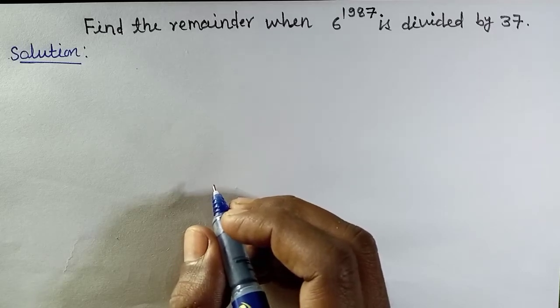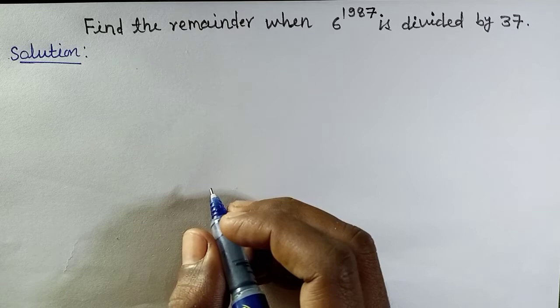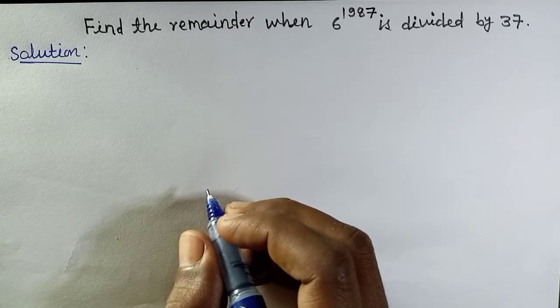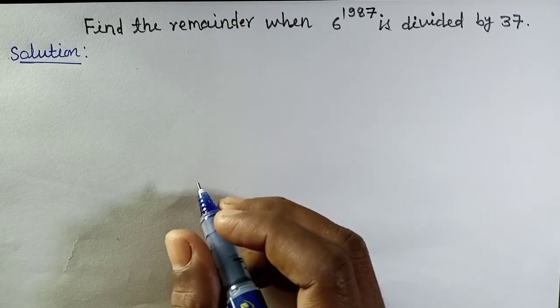Find the remainder when 6 to the 1987 is divided by 37. So to solve this problem,